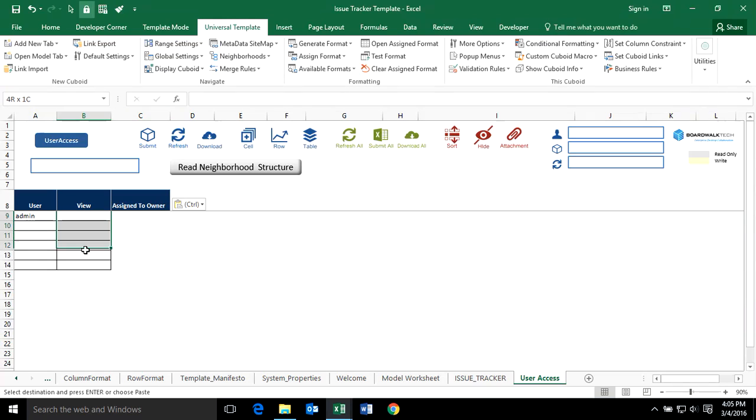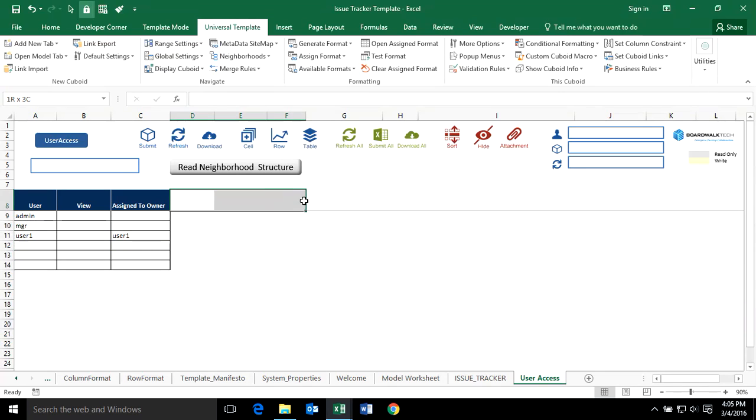over here. And basically what I want to be able to do is take the information in the workbook and share it with a couple people, a manager, and also user 1, but I want user 1 only to see the information that is assigned to them when they interact with the database. So it works exactly like an auto filter. You can have as many additional columns as you want here in order to define basically what a user can